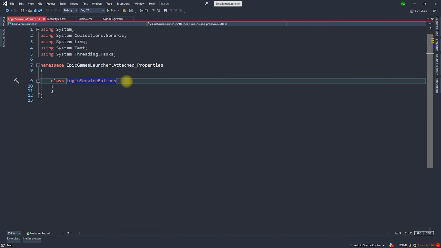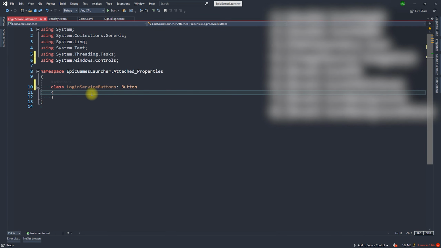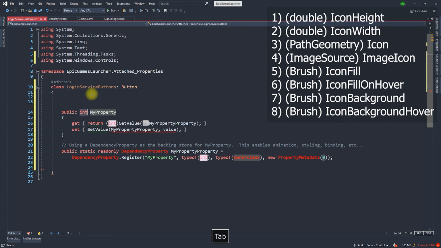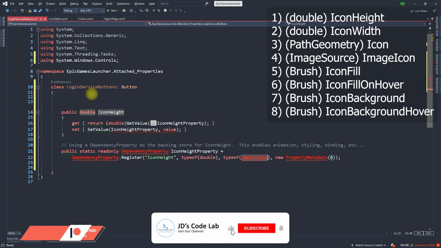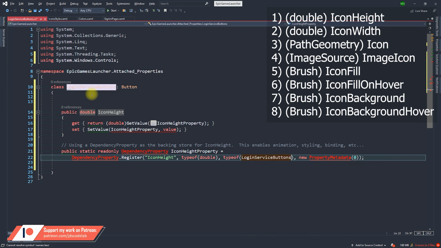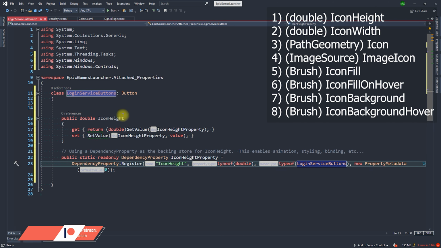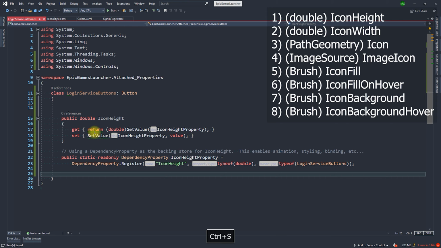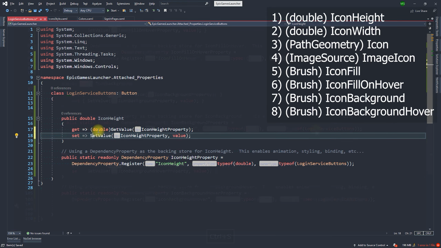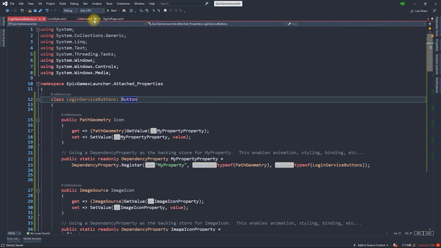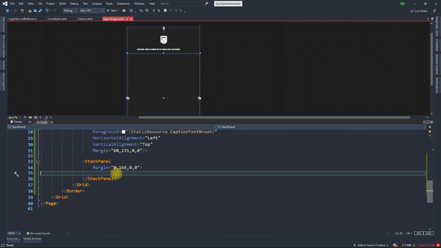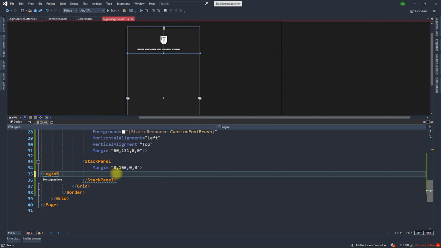First we will inherit the button control properties, then add the dependency properties for the icon height and rest of the properties with type that are shown on top right of your screen. Let's switch back to sign-in page and add this extended login service button inside our stack panel.